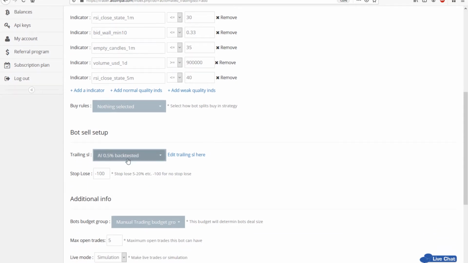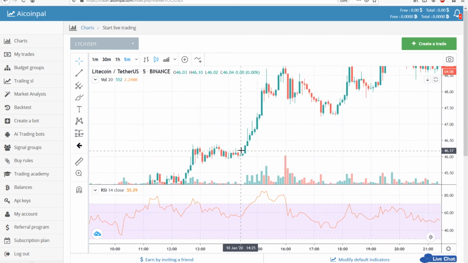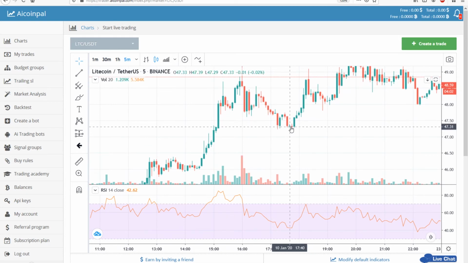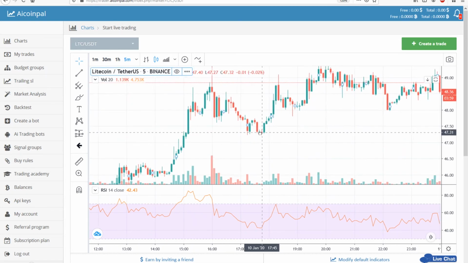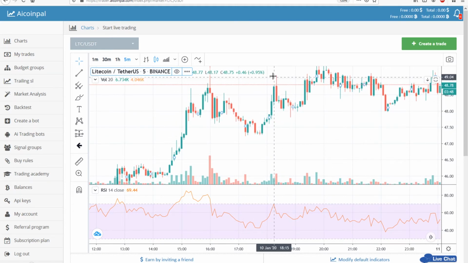Now is how do we want to sell? At this point, we offer only trailing stop loss strategy. What's a trailing stop loss strategy? It means, for example, if the bot indicates that he wants to buy, let's say somewhere here below where it could be a bottom zone, a trailing stop loss, if the price goes higher and higher and higher, the trailing stop loss will instantly lift your selling point. If the price goes up way up here, your trailing stop loss will be lifted according to the strategy you